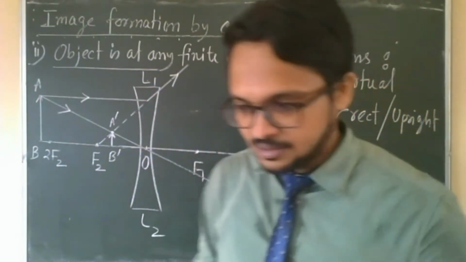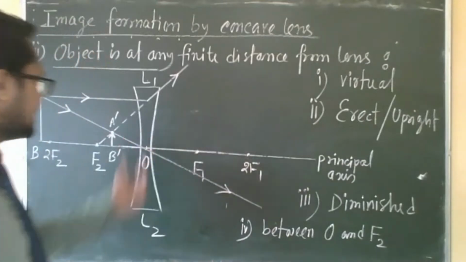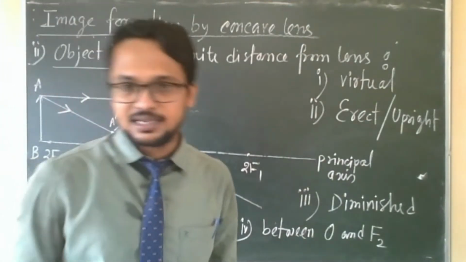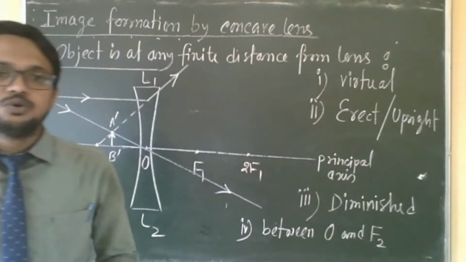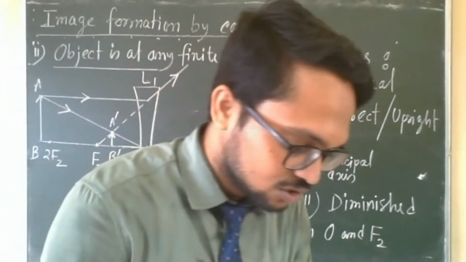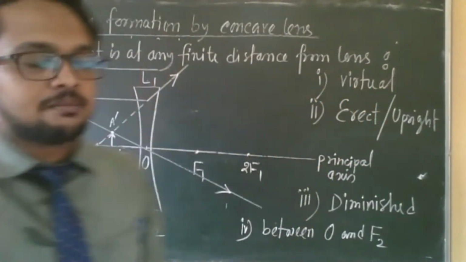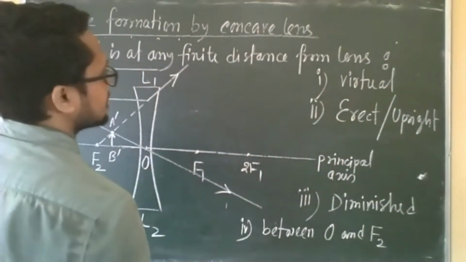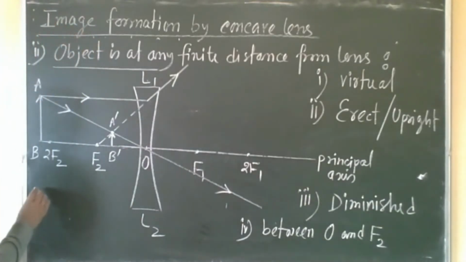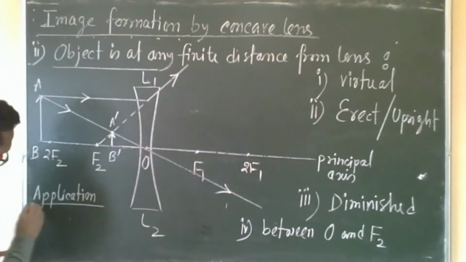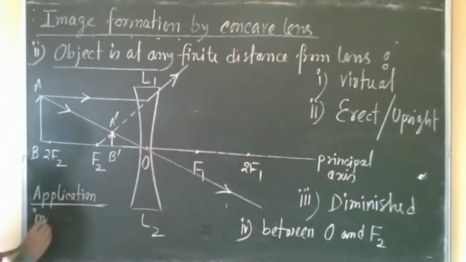Clear? Now come to the application. This type of lens is used in spectacles, especially for those persons who cannot see far objects clearly. Those persons are called short-sighted persons. It is written in your book nicely. So I am writing the application here. It is used in spectacles